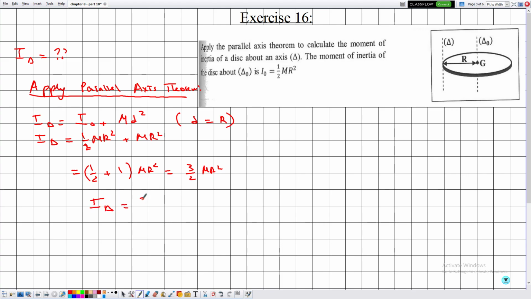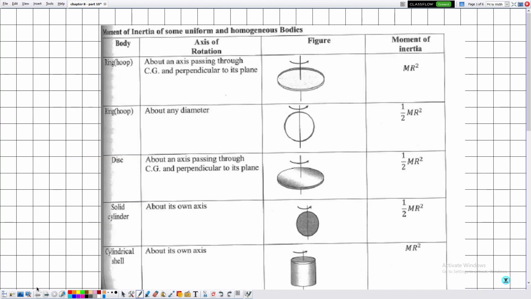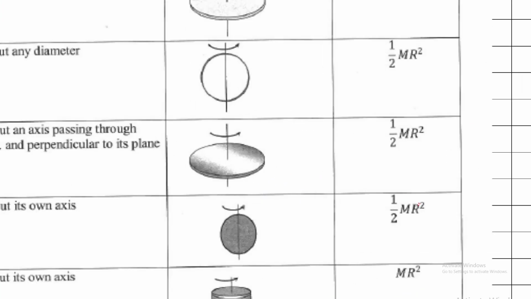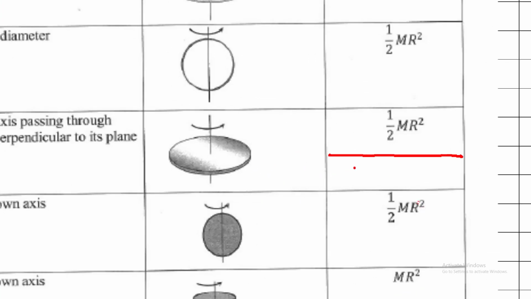You can add it in the previous table. So for example here you can add another row which corresponds to 3 over 2 mr square